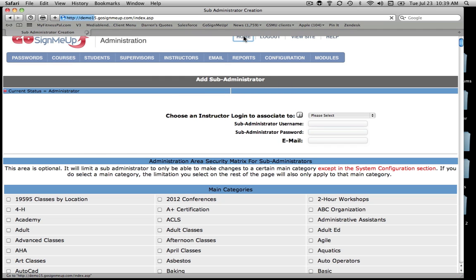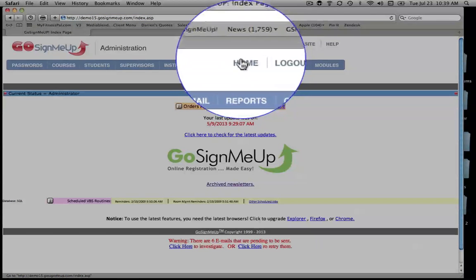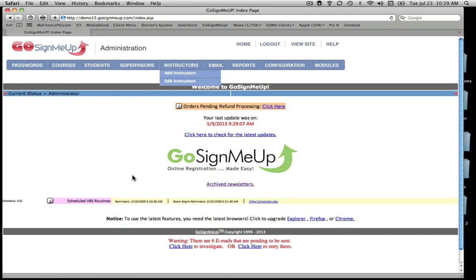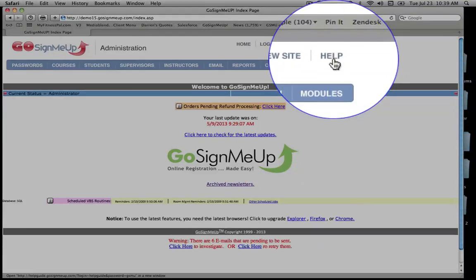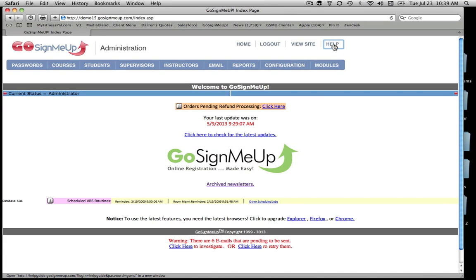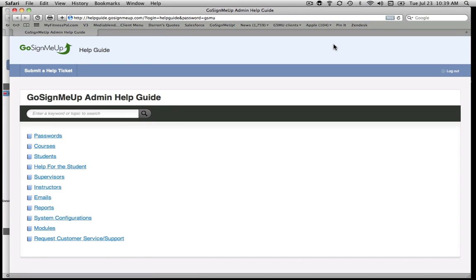Back here at the top of the menu, you're going to see a home button, which gets you back to the place when you log in as administrator. There are several things here that you'll find interesting. The first thing that you're going to see, and the most important thing, is the help guide. In the upper right-hand corner is a help guide that we have put in many different